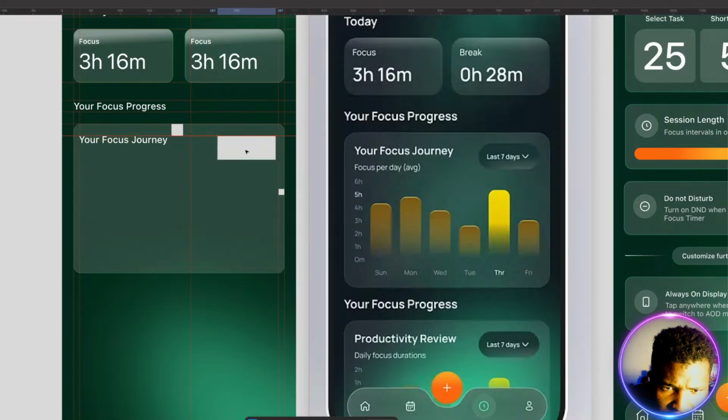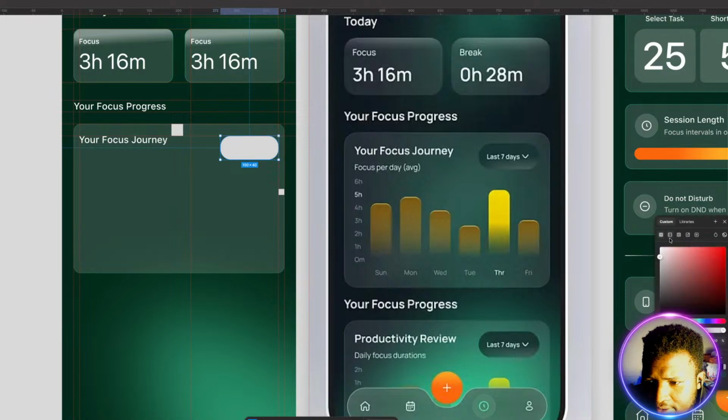Let's try that. So let me work on the radius, do 12. Maybe 18 to make it more round, and then change the color,